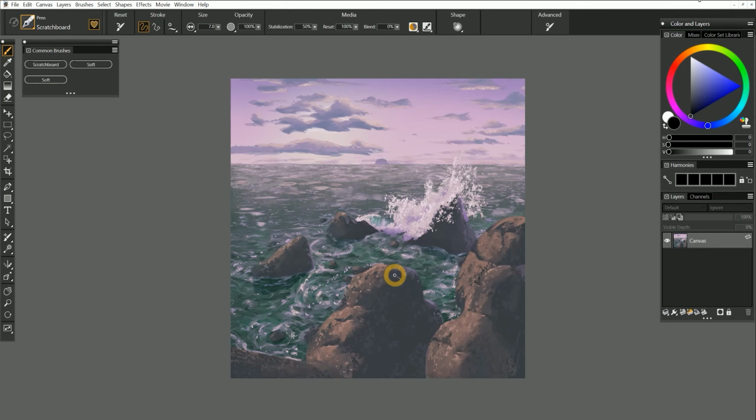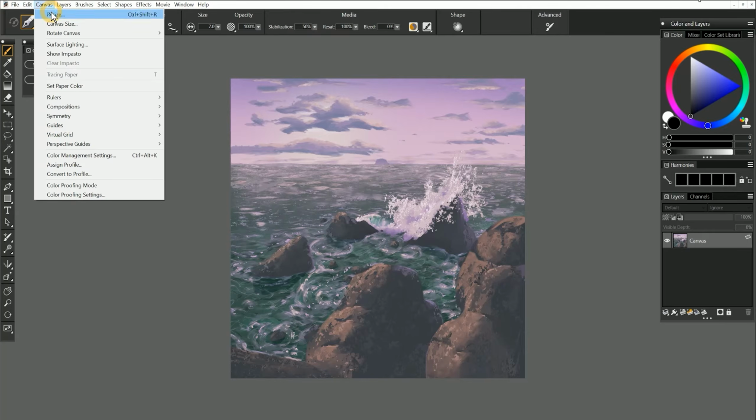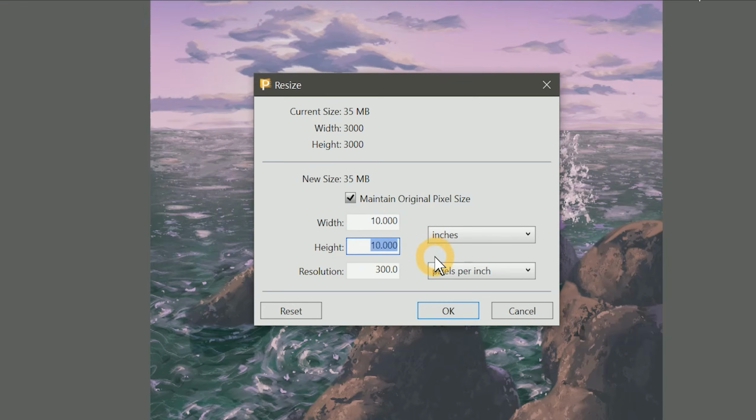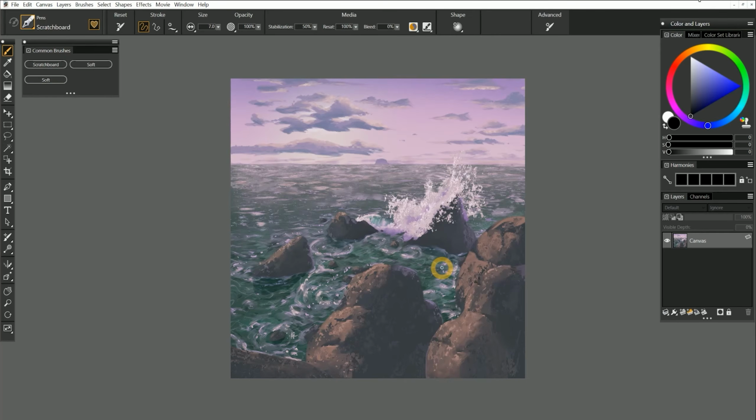There may also be occasions when you want to resize your artwork to fit an alternate aspect ratio. The artwork in my canvas size template is 10 by 10 inches, but what if I want it to be 8 by 10 instead? If I use Resize to make it 8 inches tall, the problem is that the width will also change to 8 inches. In order to alter the aspect ratio, I need to cancel out of Resize and then create a